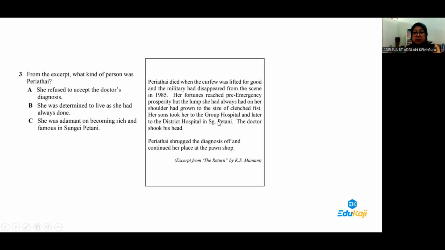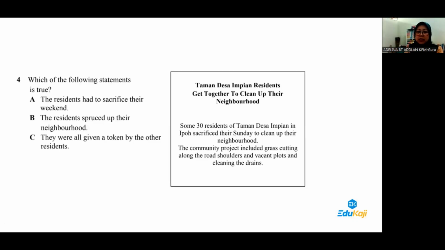Continue her normal activities. That's what it means. Okay? Alright? Okay. The fourth question is about Taman Nisaikan residents who are going to get together to clean up their neighborhood. This is about cleaning their residential area. So when we talk about residential area, they are talking about community projects, activities that they are going to do,